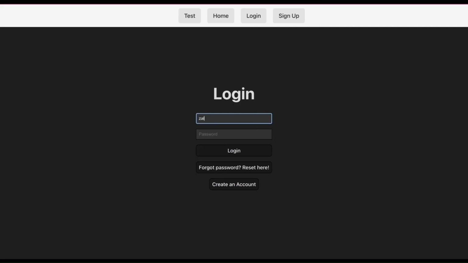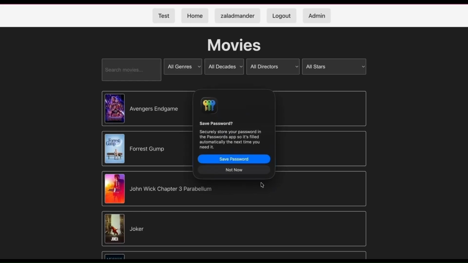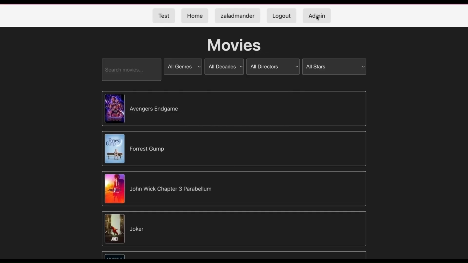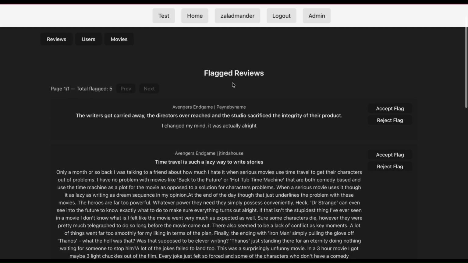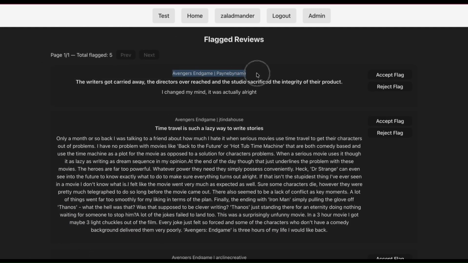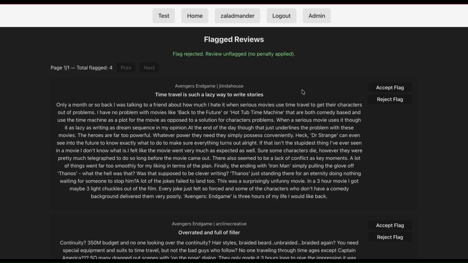So now we're going to test out the admin dashboard. So let's log in as an admin and go check out the page in the top. So the first tab here shows all the flagged reviews in the system. The admin can choose to either reject